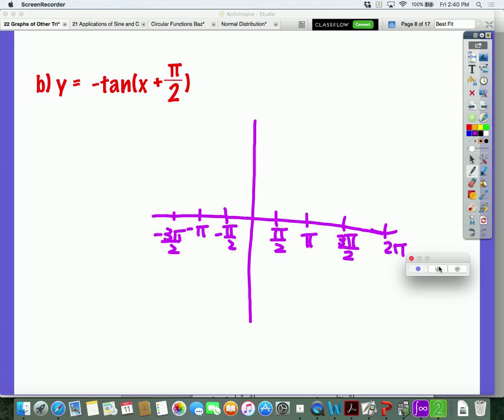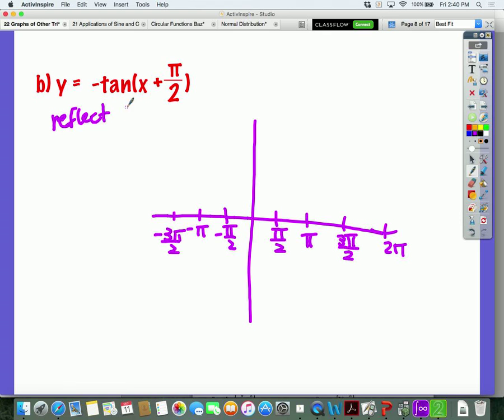So, this negative means what? It got reflected over which axis? It got flipped over the x-axis because your y's became negative. There is no b, there's a 1 here, but it doesn't change my period. It's not getting longer or skinnier. It's going to stay where it is. The only difference is that this